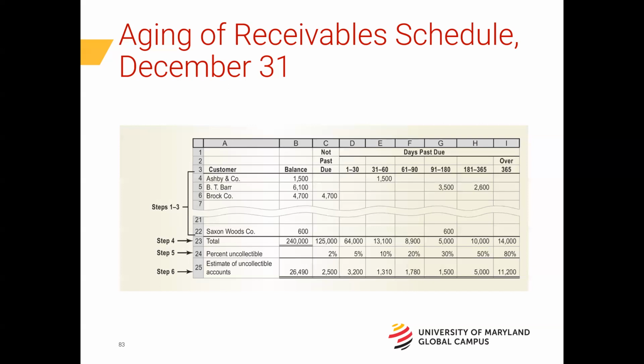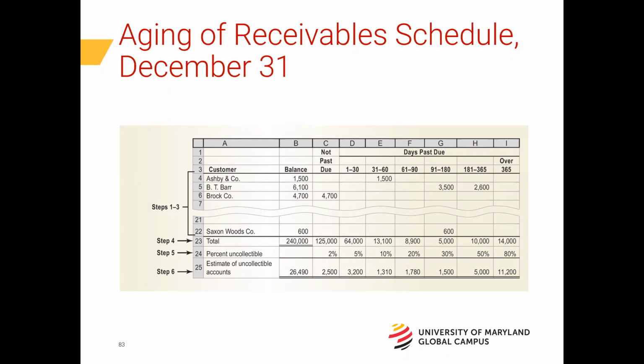Okay, now we start to figure out, after you figure out the totals of each column, what's the percentage that we won't be able to collect. And usually this percentage is something determined by the company. There's not necessarily a right or wrong way to do this, but you can get a gauge based off of what you've already collected based on the total.